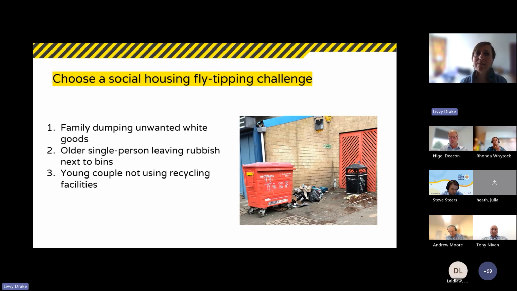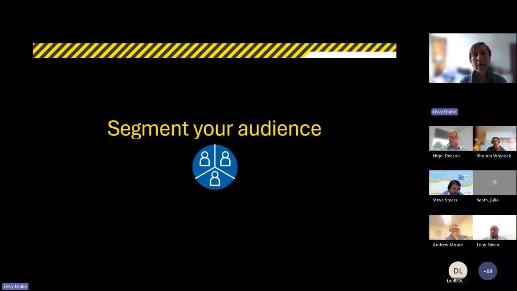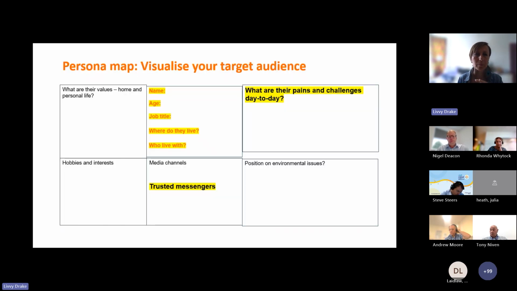So with this in mind, we will go to the first exercise. And these exercises I'm going to share with you, these are tools that you can apply to different campaigns. They're based in design thinking, behavioural science, marketing. These are tools that are used across the board. So this is useful for you to have.